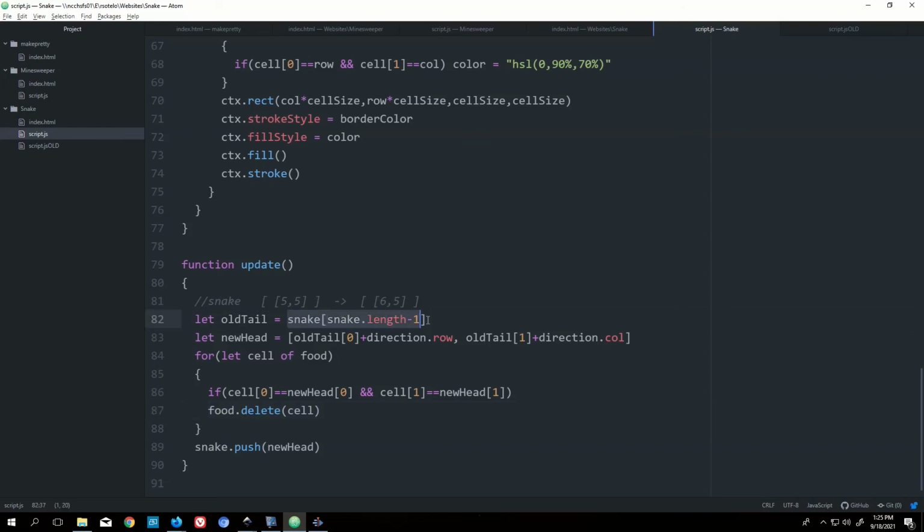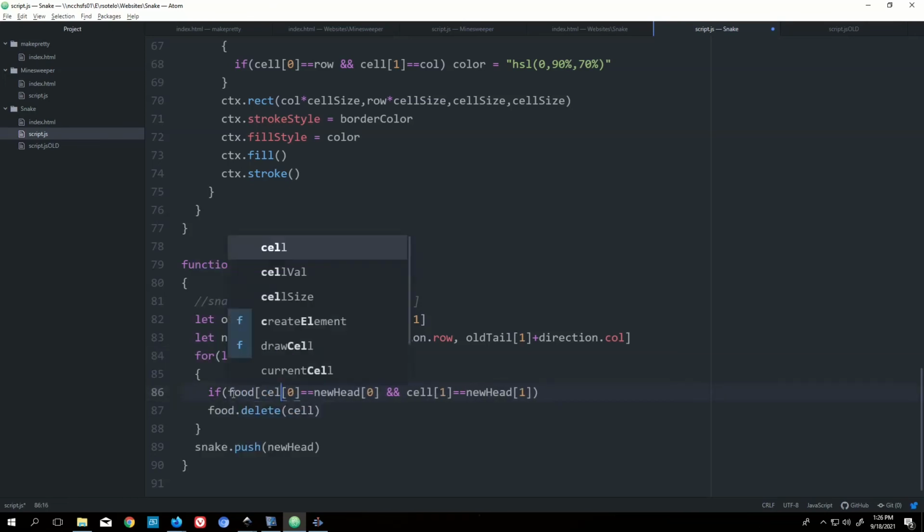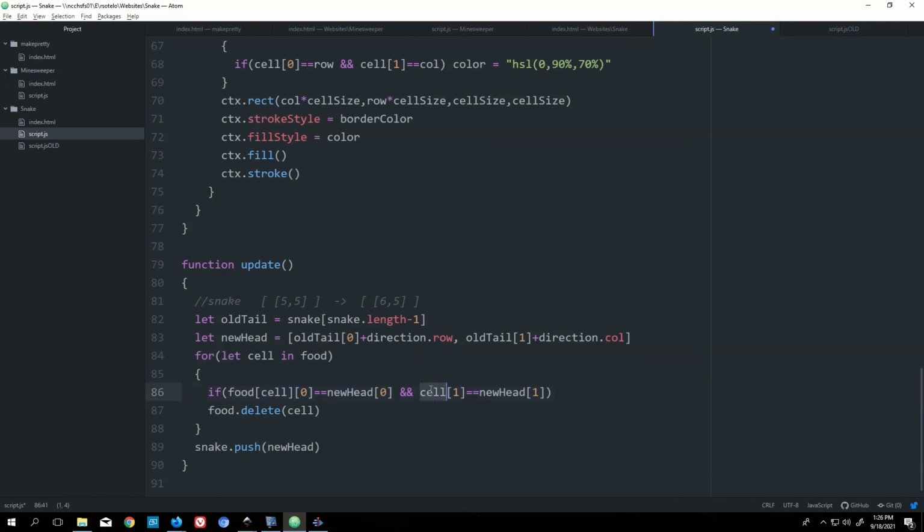Okay, so I get the... I know what that is. So I'm going to say "in" here. "In" changes things. If I say for cell in food, I'm no longer going to get the array like 5, I'm going to get the number. So if there's only one thing in food, this is going to be 0. If there's a bunch of things in food and this is the second thing, it'll be 1. It's going to cycle through the indices of each thing. So instead of cell, I'm going to say food cell,